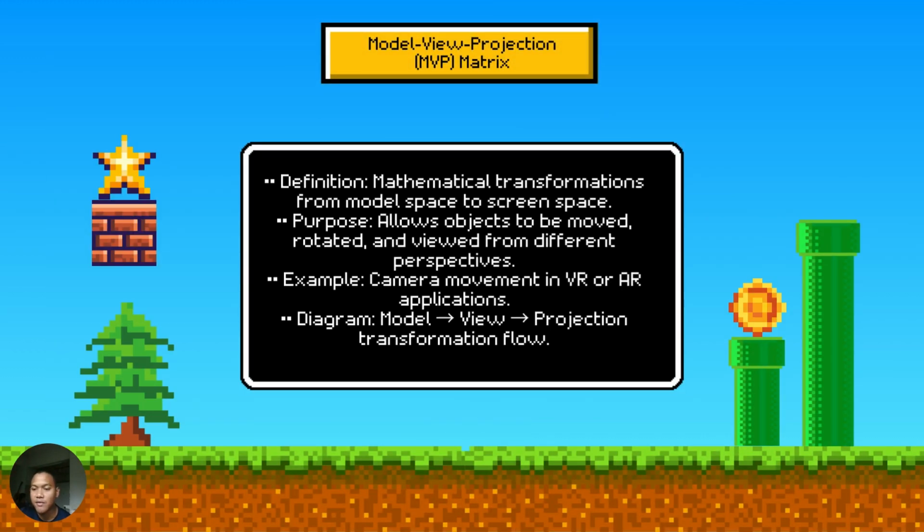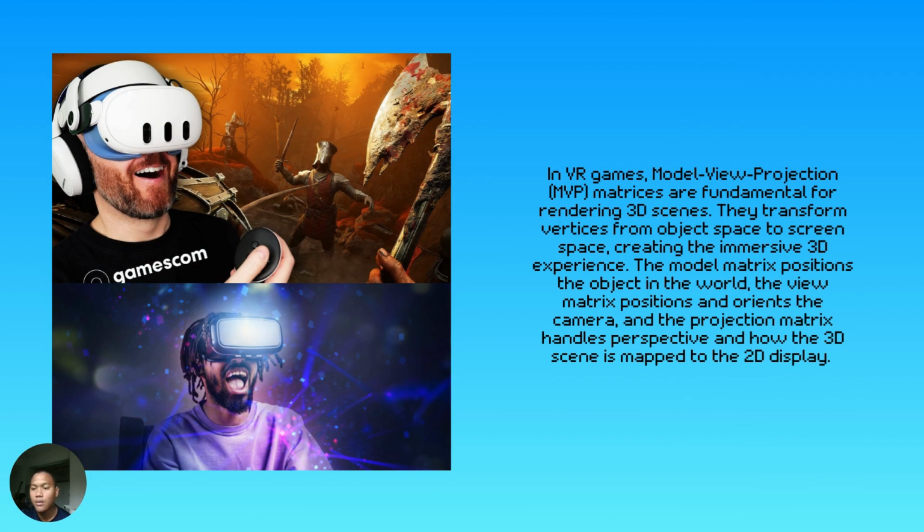And the last is the MVP matrix, model view projection. It is a set of mathematical transformations that position and display objects correctly. It takes a 3D object and projects it into the correct place on the 2D screen. For example, in VR, when you move your head, the MVP matrix updates instantly so the world moves